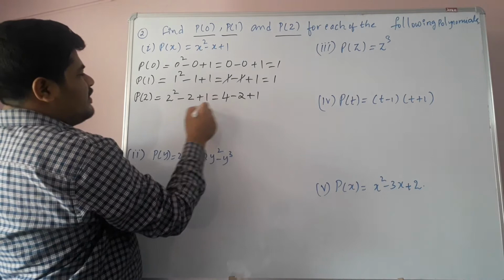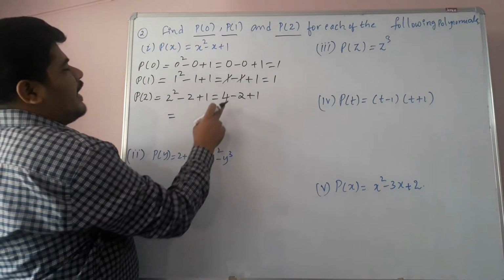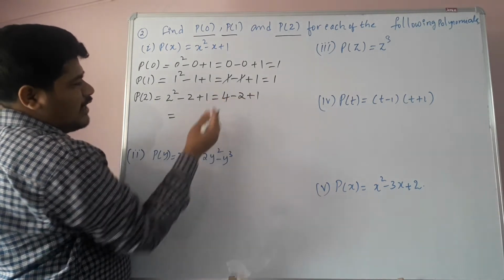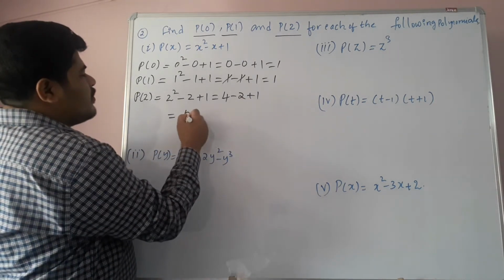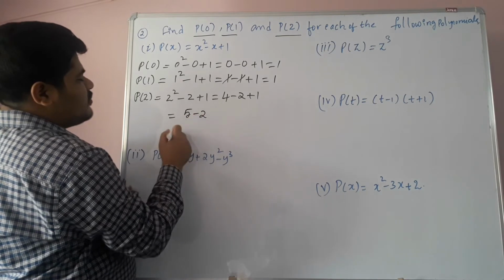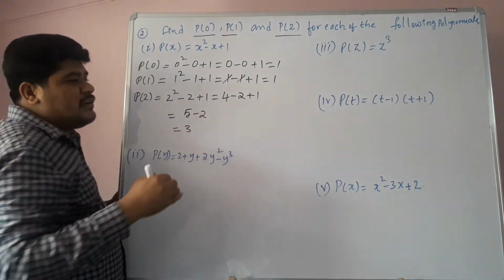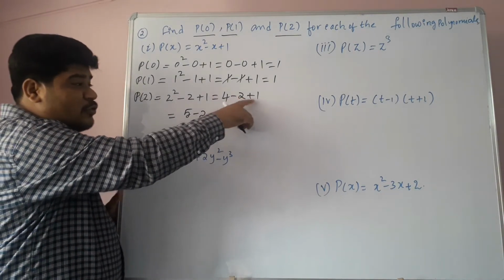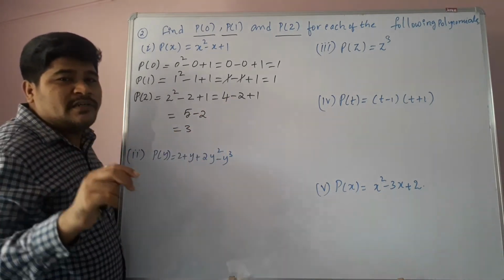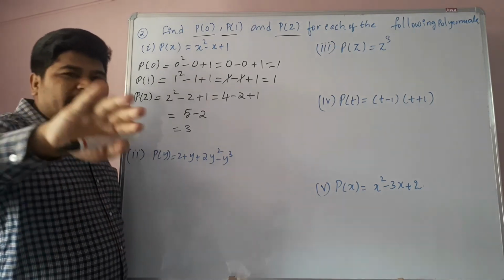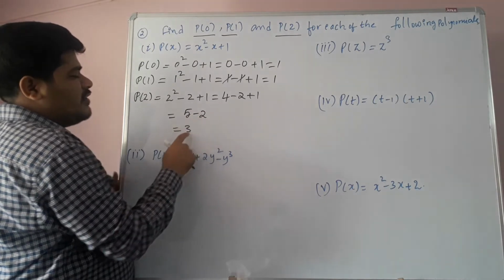So students, here see, 4 minus 2 plus 1 is there. So do one thing, children. Add 4 and 1. Why? Because in front of 4 nothing is there, it means it is positive 4, positive 1. 4 plus 1 is what? 5 minus 2. Like this you take 5 minus 2 is equal to 3. So students, here some students are making a mistake. 2 plus 1, even though minus is there, they are taking it like 2 plus 1 is 3. That's wrong. So please, when an expression has negative numbers and positive numbers, first add all positives, add all negatives, then simplify. So 4 plus 1 is 5, minus 2, 5 minus 2 is 3.